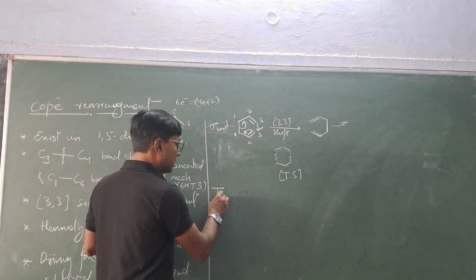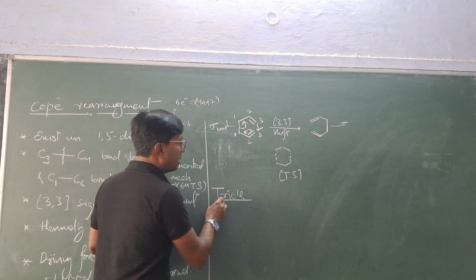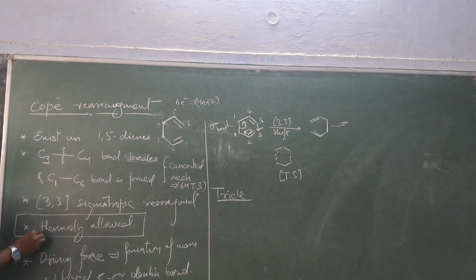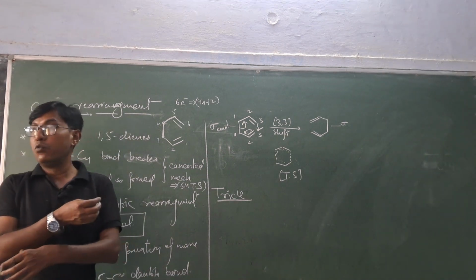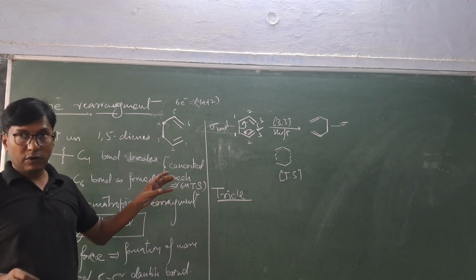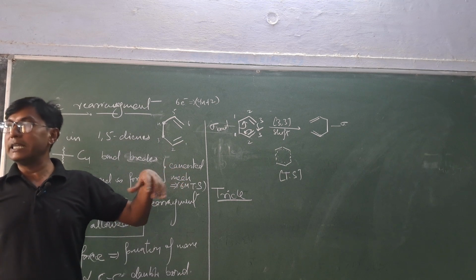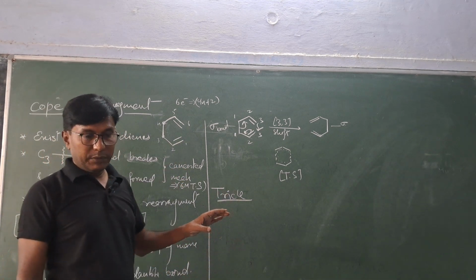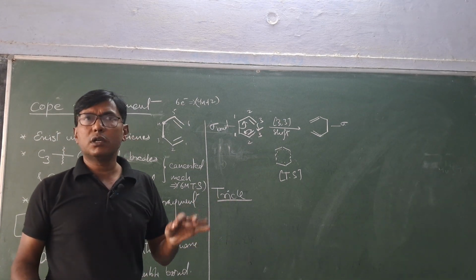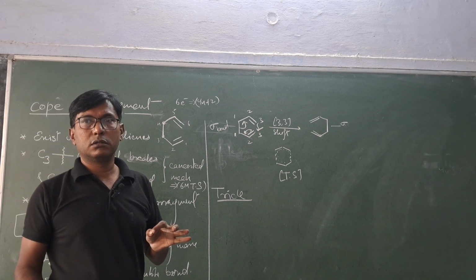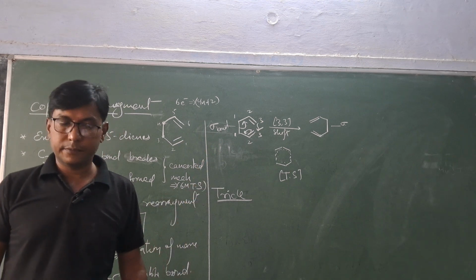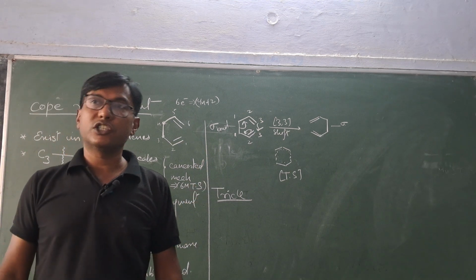Now, what I was discussing is a trick, that is how can we identify, since we have learned the selection rule in detail in our previous classes, but still, how with one glance we can easily see what type of system it is, and whether it is thermally allowed or a photochemically allowed process. In that case, we need to count the number of arrows. You count the number of arrows. How many arrows are involved over here? Arrows which are indicating the migration of pi